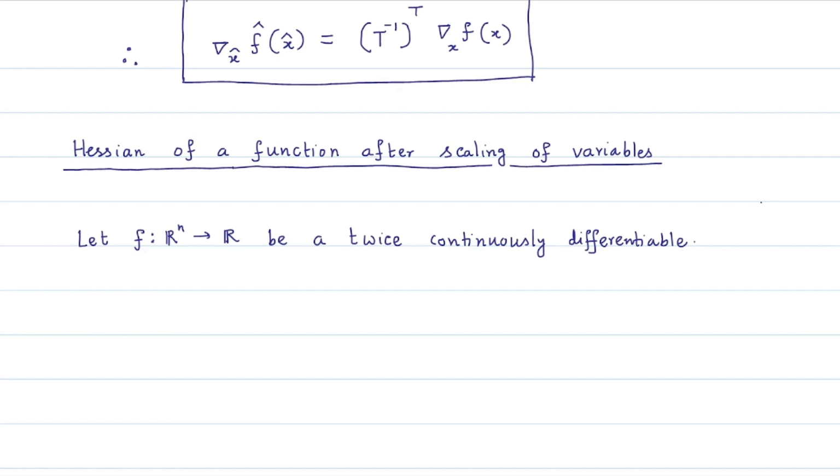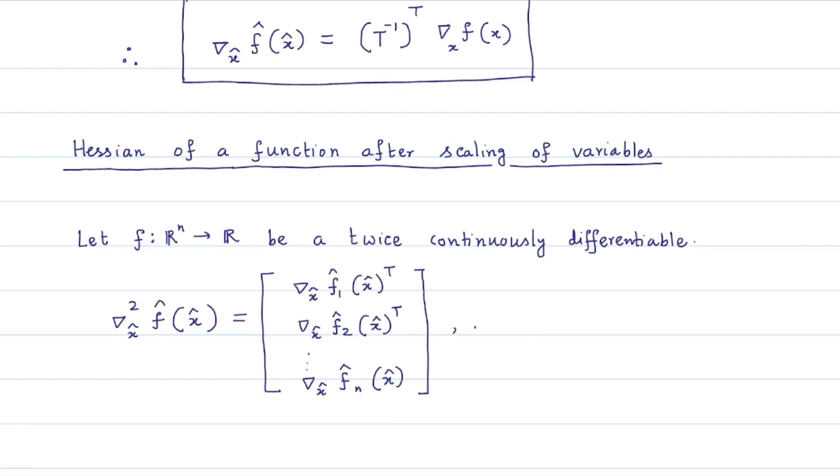Now, in calculating the Hessian of the function f with respect to the revised variable space x hat, we need to compute the Hessian with respect to x hat of the function f hat at the point x hat, which by definition is given by